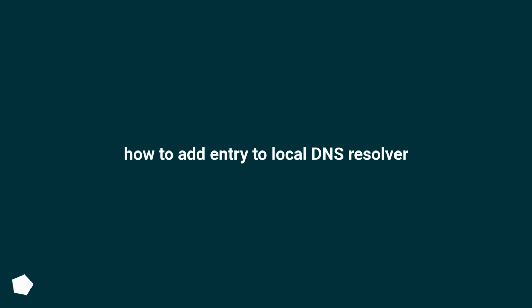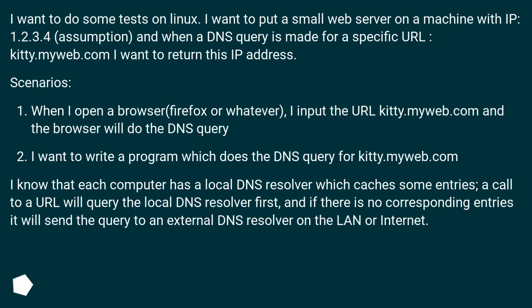How to add an entry to the local DNS resolver. I want to do some tests on Linux. I want to put a small web server on a machine with IP 1.2.3.4, assuming that when a DNS query is made for a specific URL, kitty.myweb.com, I want to return this IP